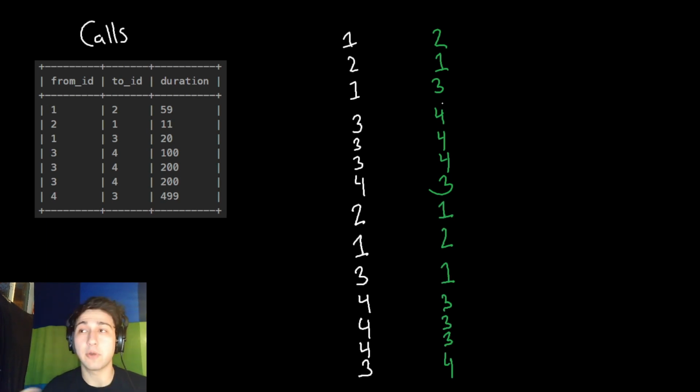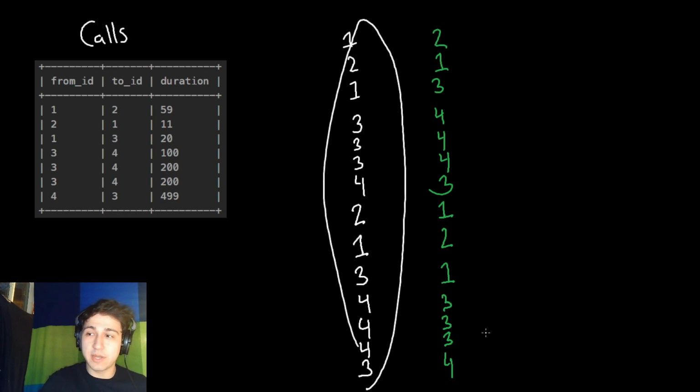Why are we doing this? Notice what we have. We have a list of every pair of people who spoke on the phone, but they appear twice. First, they appear as 1 called 2, and then they appear as a duplicate as 2 received a call from 1. We essentially have all of our phone calls just duplicated in a different order. And this is the interesting part. What we're going to do now to remove duplicates is remove the ones where it's higher in this one than